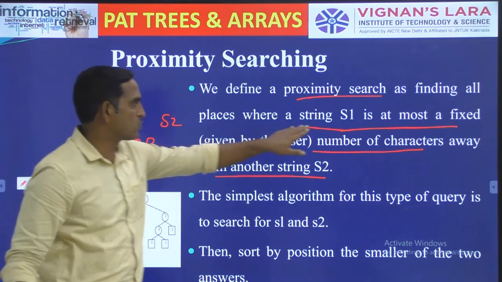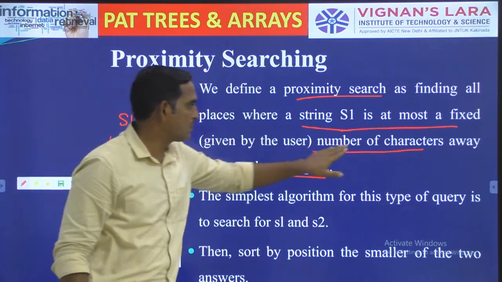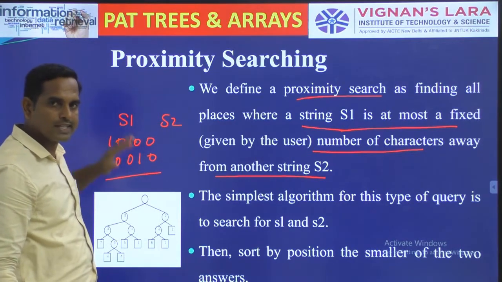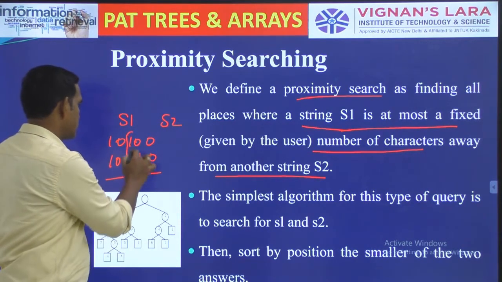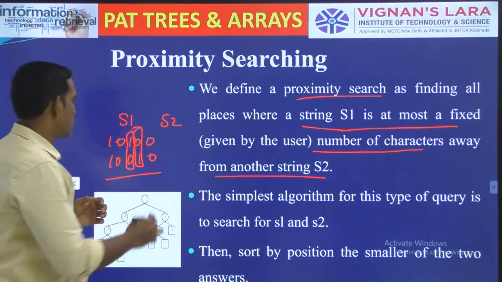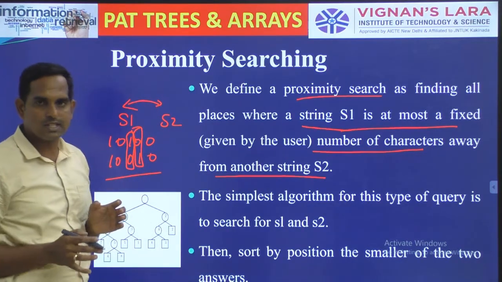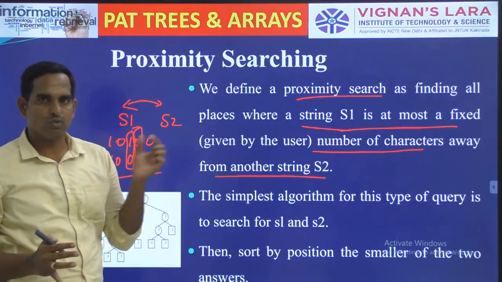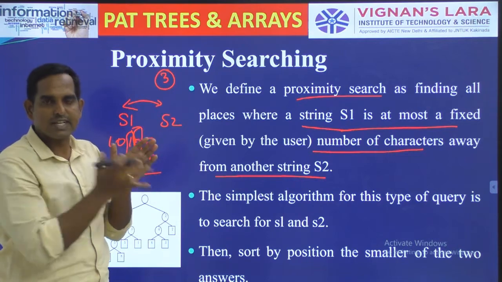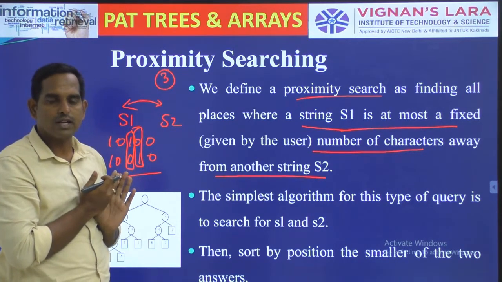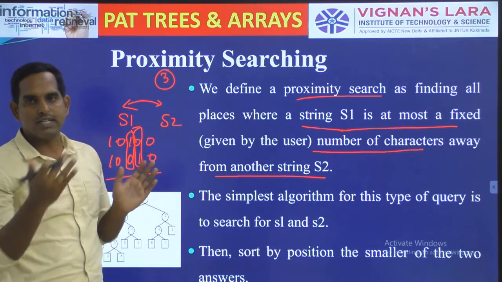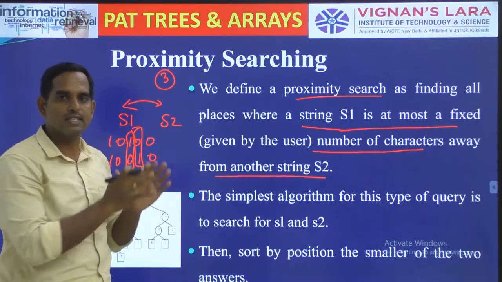Okay, so where S1 is at most a fixed number of characters away from another string. So how many different characters do we have between S1 and S2? That is, you are having 1, 2. So if you are trying to do a proximity search, whether S1 and S2 are in proximity to each other or not, I have to decide on one number. If I decide on 3, that is, at max there can be 3 different characters between S1 and S2. So if there are more than 3 different characters between S1 and S2,